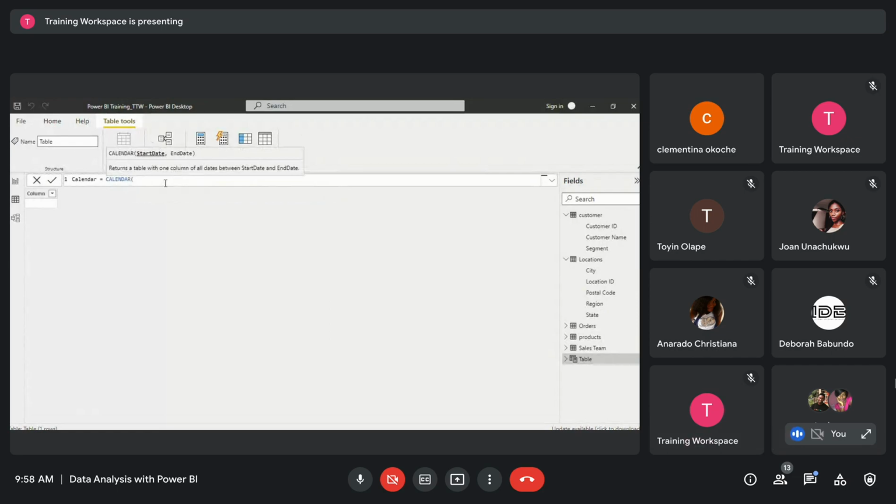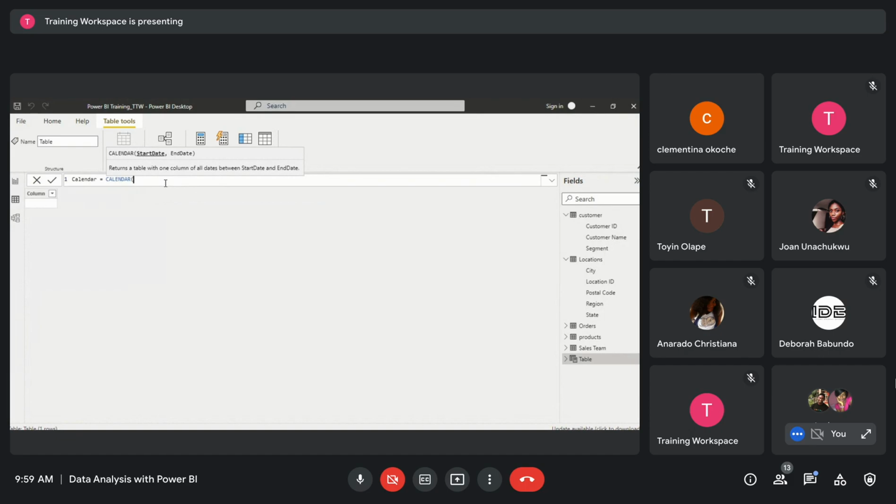If you want your calendar to start from 1st of January 2020 and end on 1st of December 2023, your calendar creates a set of dates within that range. It will not have any dates prior to your start date, neither will it have any dates after your end date. But the CALENDARAUTO function takes into account